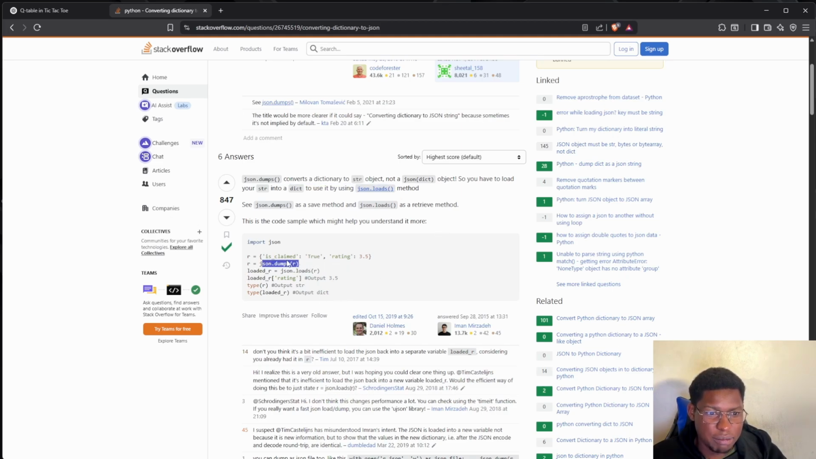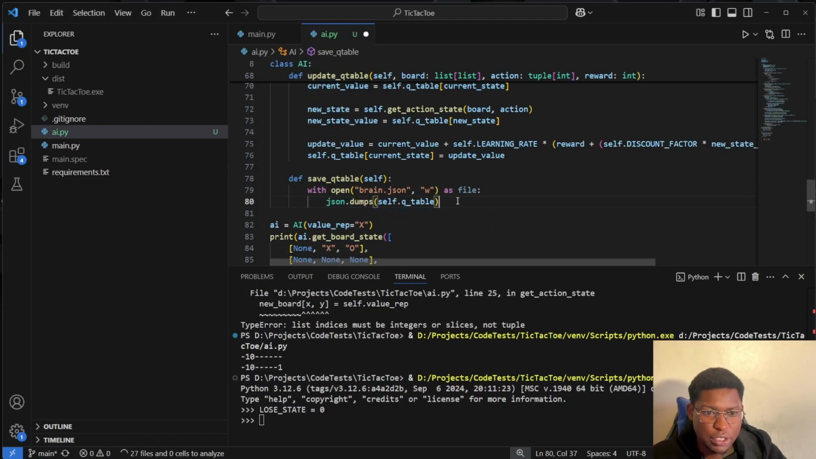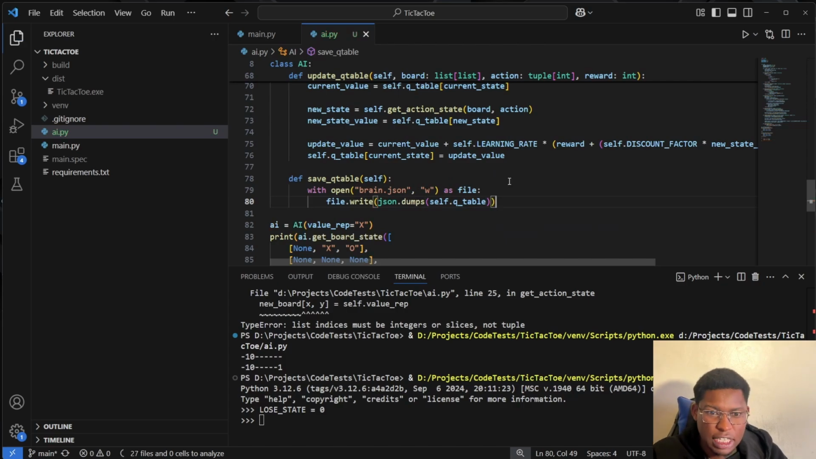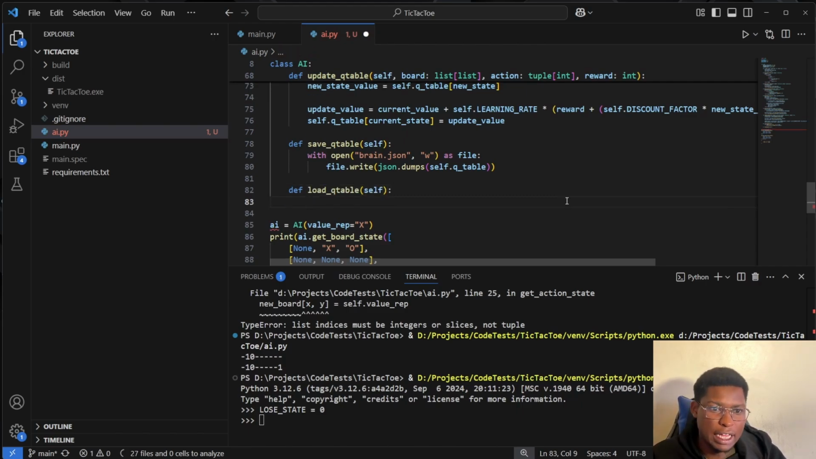So JSON.dumps will give us a string object, like so, and then that's what we'll write to this file. That's how we update our qtable, right? Another thing we might also need is to load the qtable. Def load_qtable, self, and then what we'll do is